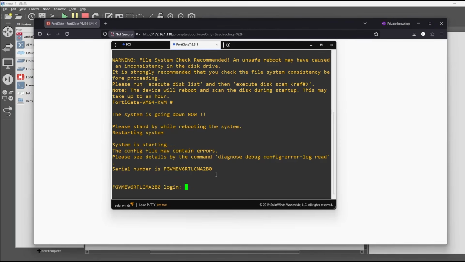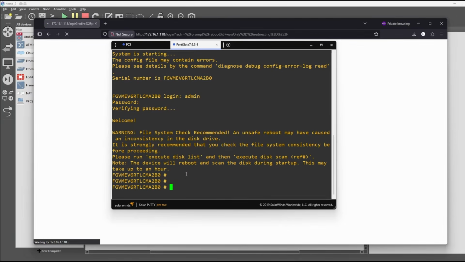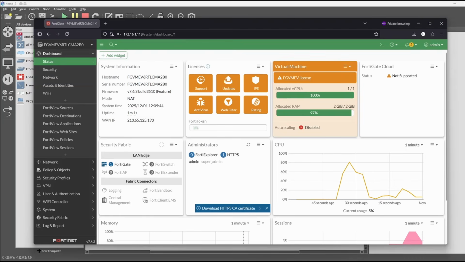You can see that here in the CLI, we can log in and we are logged in here. So let's see if we log in again. Right, so we are logged in. This is the status dashboard. Here we can see the firmware version is indeed 7.6.3 and that we have an evaluation license active. We're only going to be able to use one vCPU and 2 gigs RAM, but that should be okay for